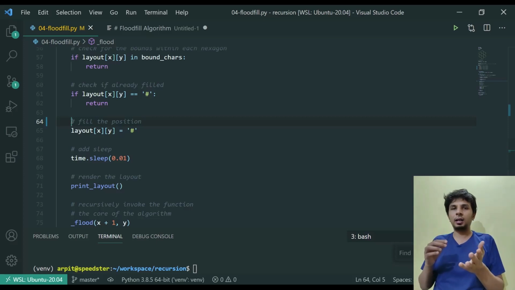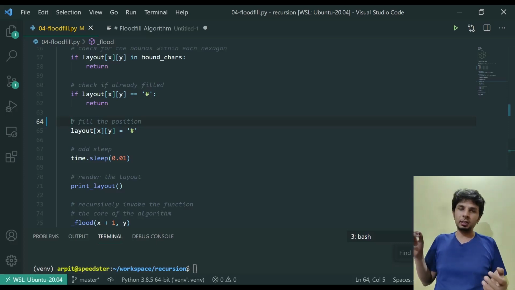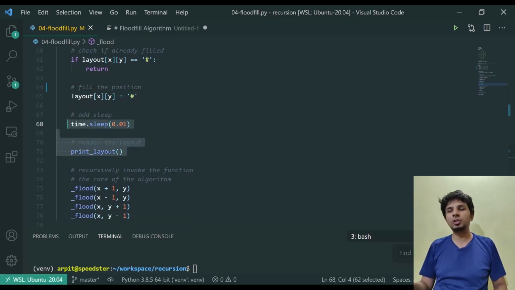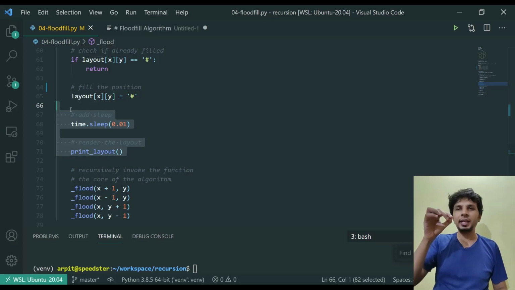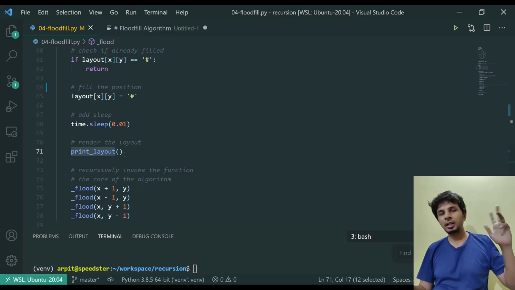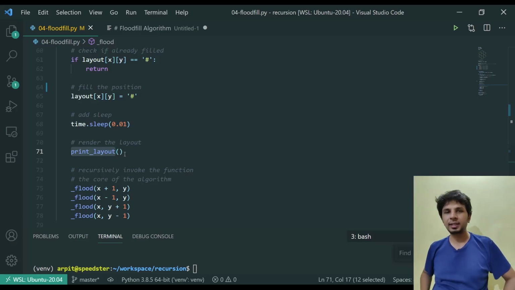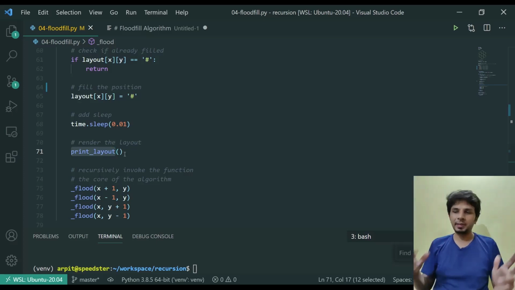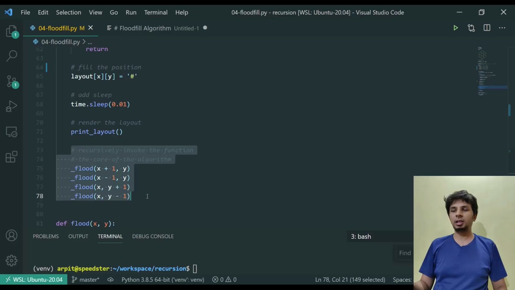If you are implementing a visual thing on web or something and you'd want to implement flood fill, you would be putting it with the RGB value of your choice. Then I've added a time.sleep and print layout just to make things a little nicer in the animation. So upon every fill of a certain pixel at x comma y, it would print the layout. And in print we have also defined os.system, where we have passed in clear, so it would clear the screen. This way on the same overlay you would be seeing my layout being rendered, giving it a nice animation touch.